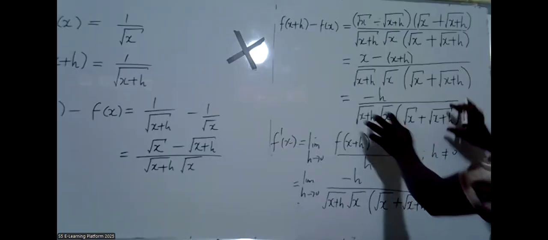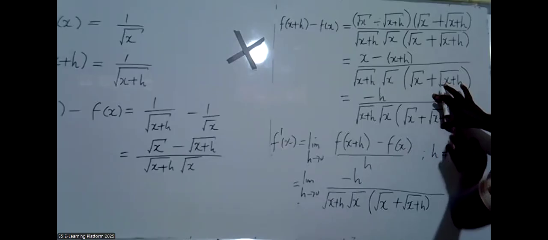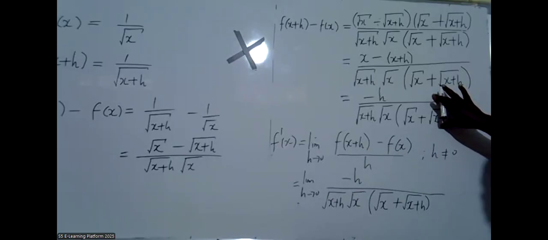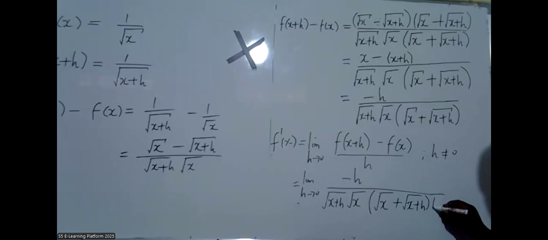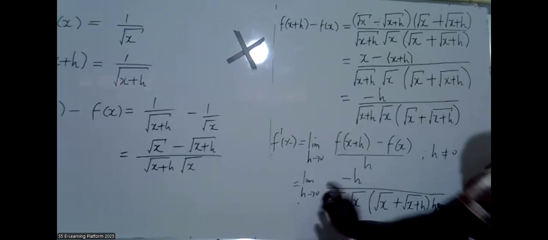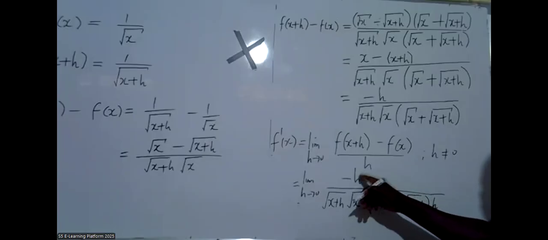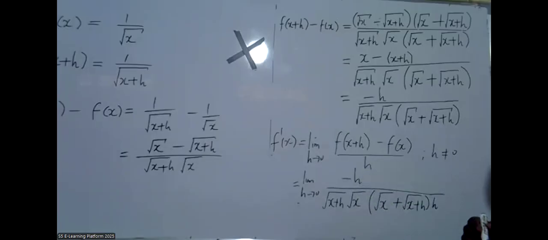This is only this part. I've copied only this. Now we need to divide this by h. Since you're dividing by h, simply put h there. You can put it here or you can put it at the beginning here. At that point, we can see that this h can go with this one, so that the numerator remains as